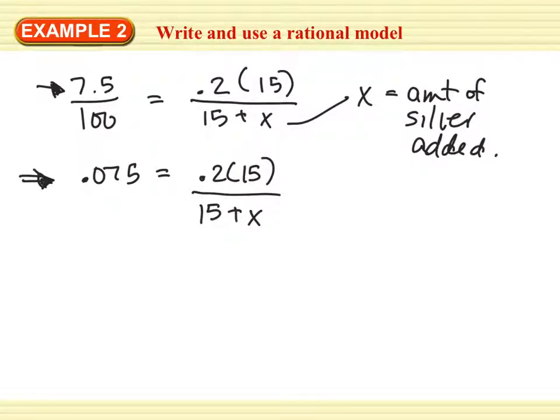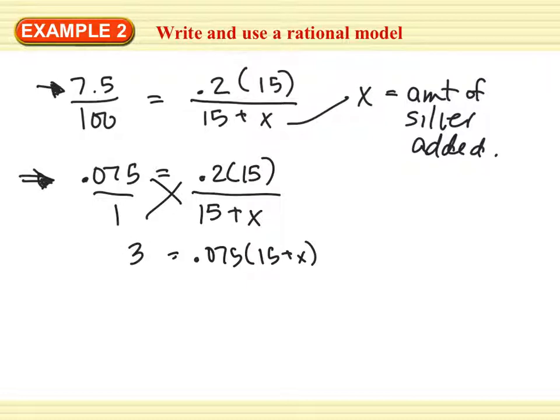Okay, so 7.5% copper by weight equals the weight of copper in the mixture. So in the mixture, it's 20% copper by weight, and we have 15 ounces of mixture, over total weight of mixture. So 15 ounces is our weight, plus the amount of silver that we add. So now I can cross multiply. Cross multiply, I get 0.075 times (15 plus x) equals